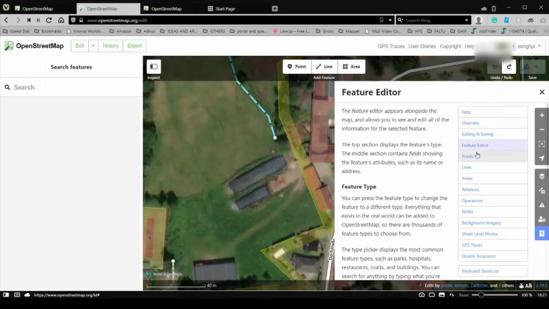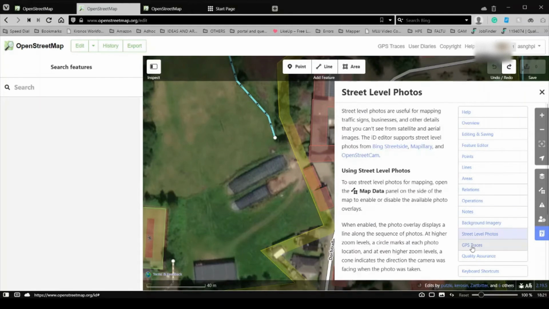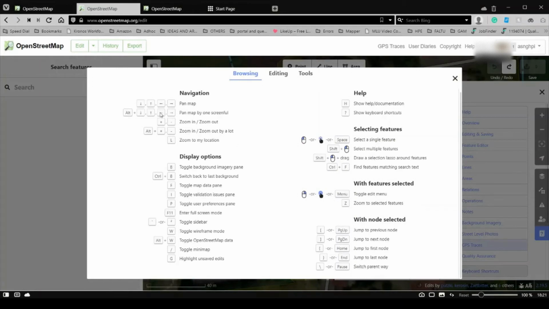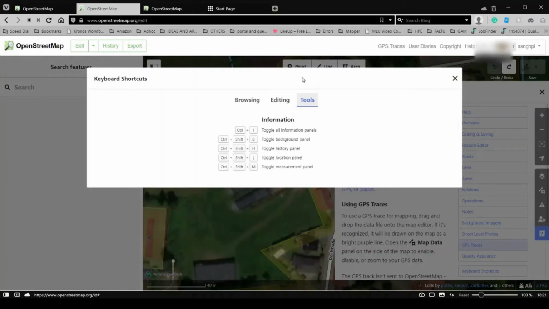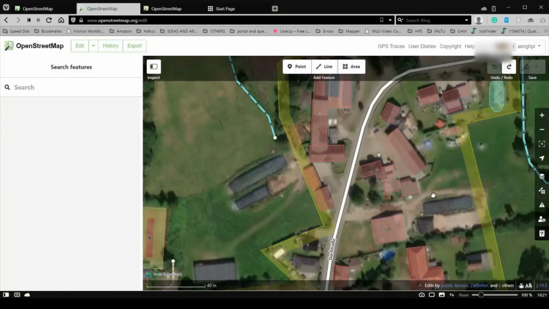On the bottom right, there is an option like a question mark. It means help. You can see as much information about the data in this part. This is a shortcut table to remember which shortcut to use for which tool. You can click on this help button anytime to see valuable information and answers to questions that you might have about the iD editor. There is also a walkthrough which will guide you through the process of editing in OpenStreetMap.